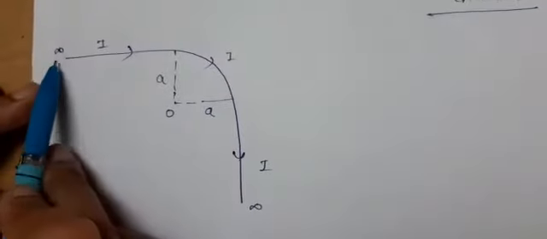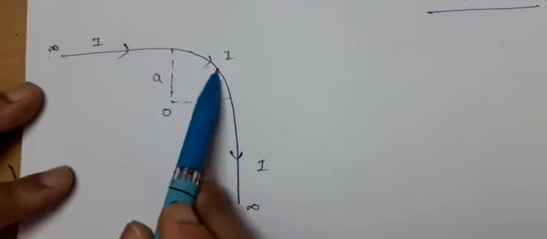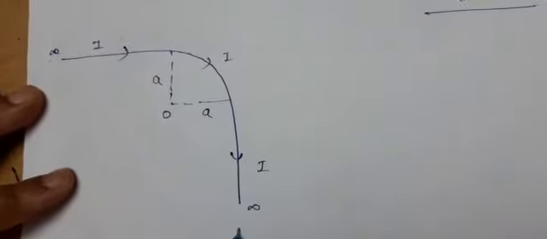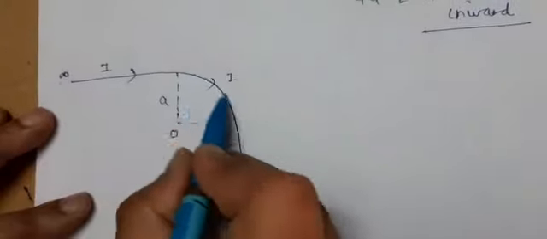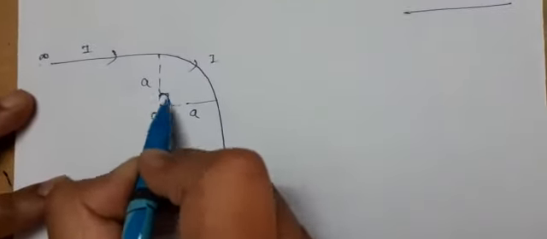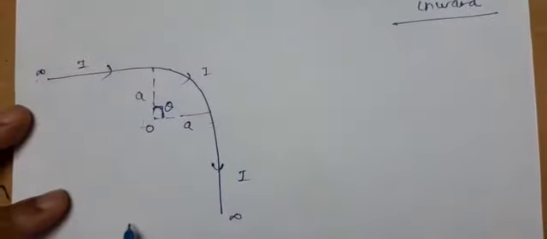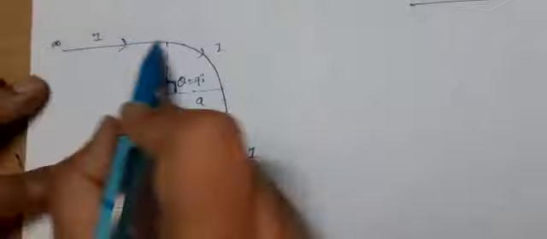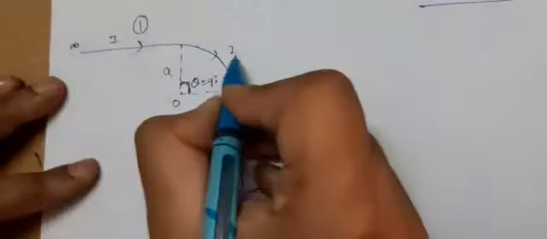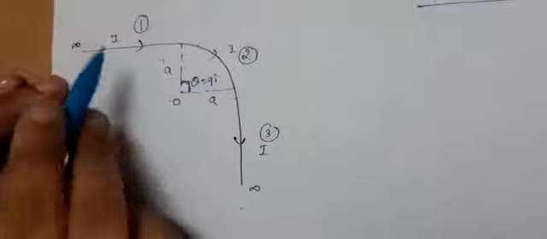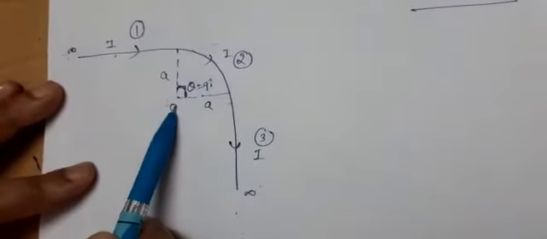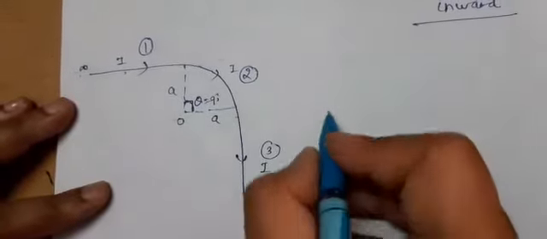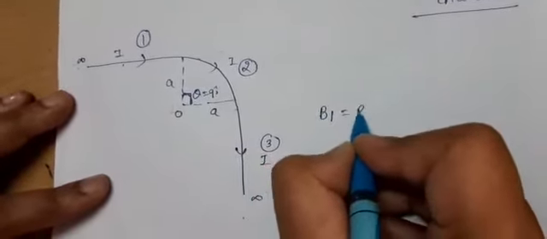Here again just see, this is a straight conductor molded in this form. This is forming 1/4 part of a circle, and again this is a straight conductor. If you are not getting this, this is the angle, theta, that is 90 degrees, because these are perpendicular. So here magnetic field due to straight conductor, either this one, let it be 1, let it be second, let it be third. For first and third, this point O is lying near one of its edge. So magnetic field B1 and B3